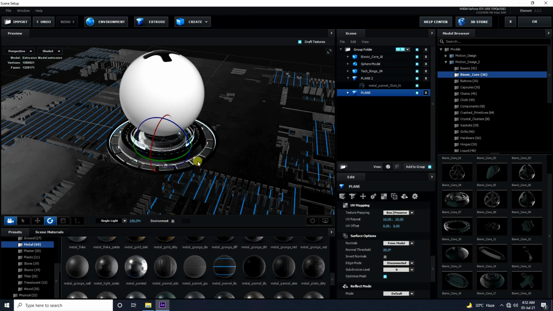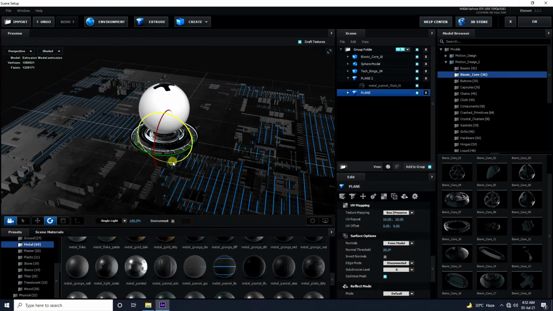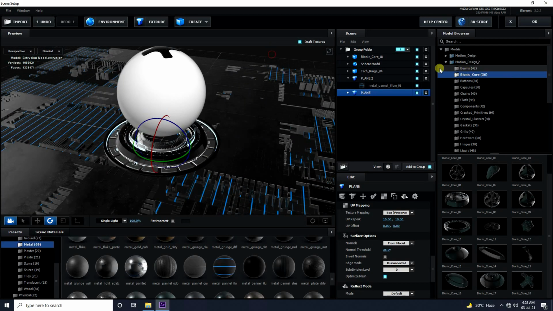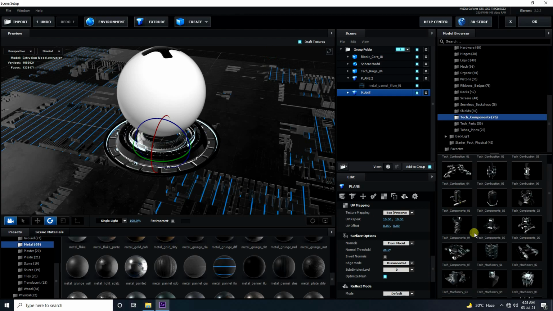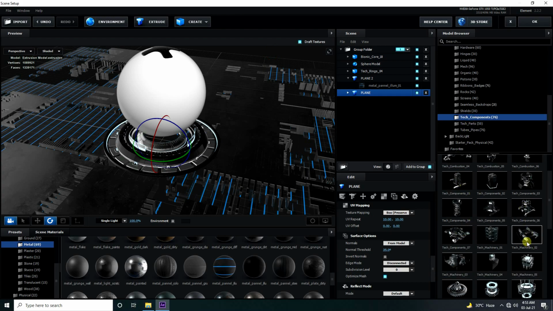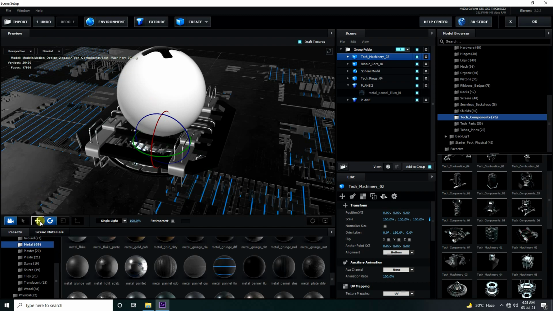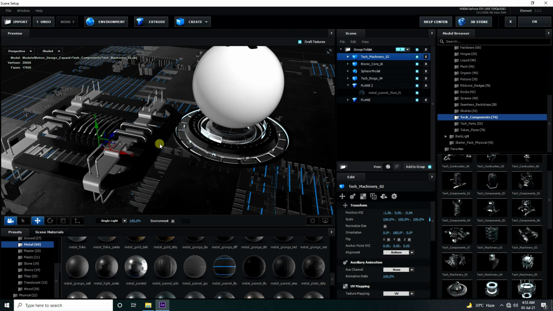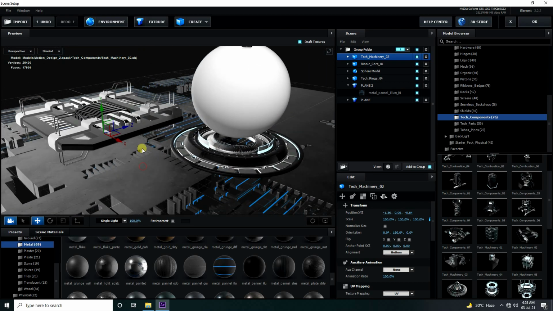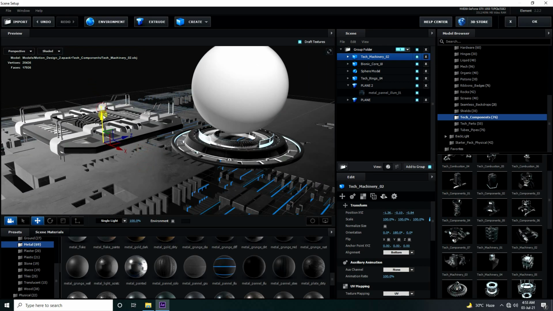Good. Okay, now I apply more effects. Go on here. I like this one, that's my 3D object, and a little bit down.